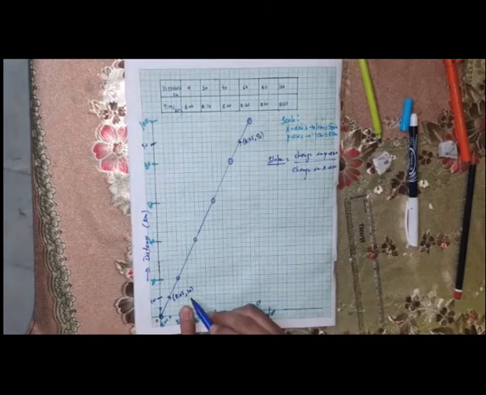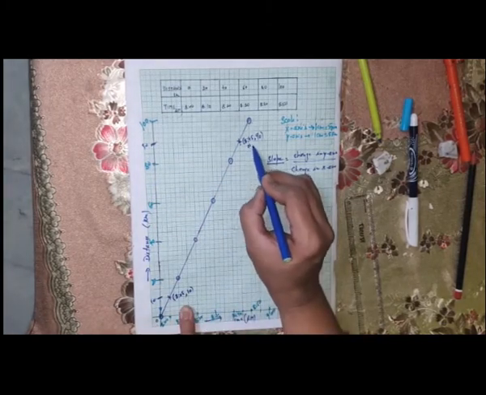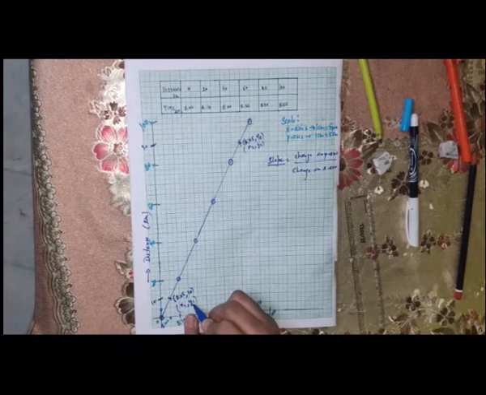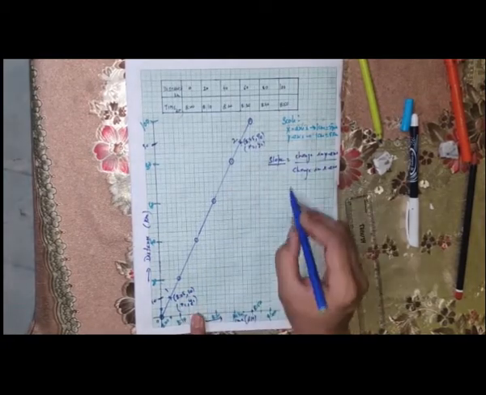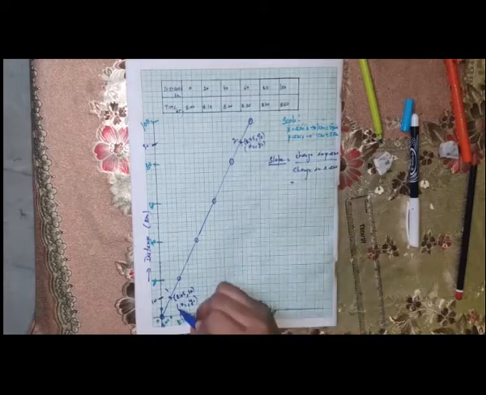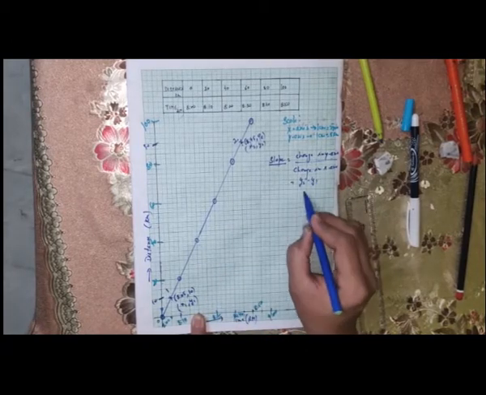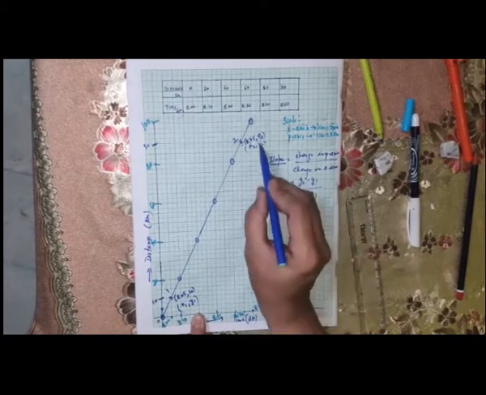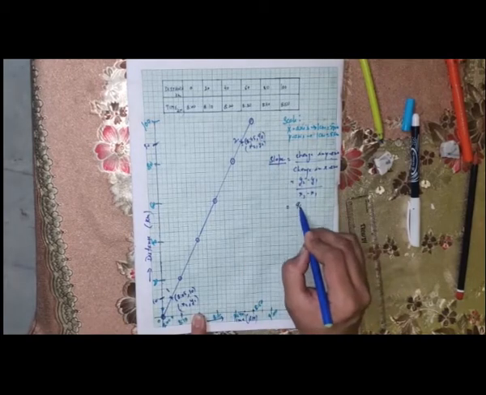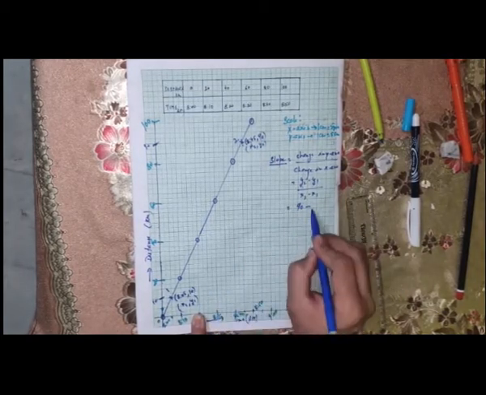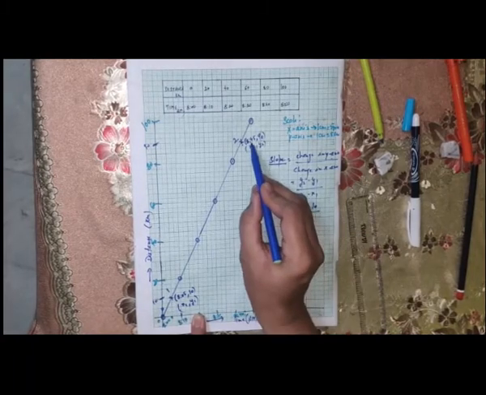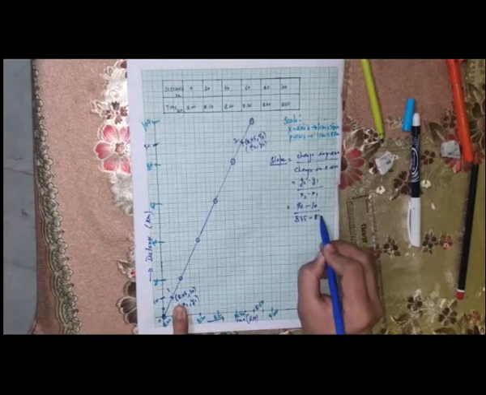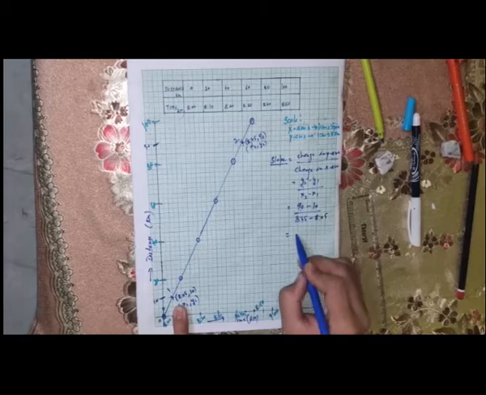Fine. So now we can say this is x2 and y2 for point 2. This is x1 and y1 for point 1. This is the first point, this is the second point. So this should be the change in y-axis for these 2 points: y2 minus y1 upon x2 minus x1. What is y2? y2 is 90. What is y1? It is 10. What is x2? 8:45. And what is x1? 8:05. So we can say 90 minus 10 is 80.